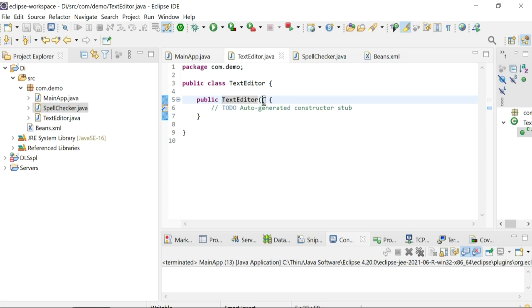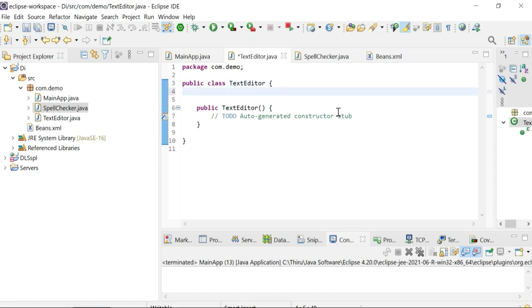So in this text editor constructor, first in this text editor we just create one more class, spell checker. For this we create a reference object, so spell checker, and the reference object is sc.